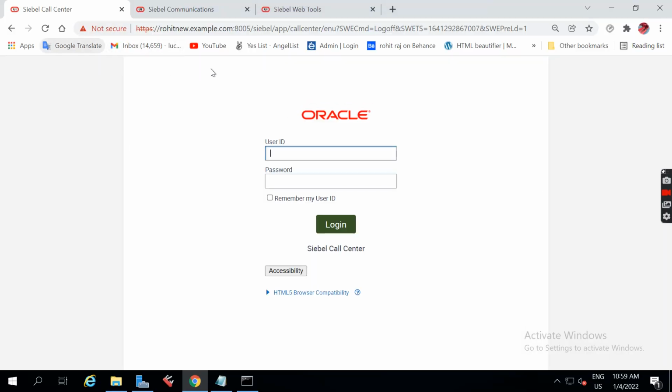So this is the call center application. I already discussed this in the first session video, but this is the communications and this is the tools. We are just logging in as admin.